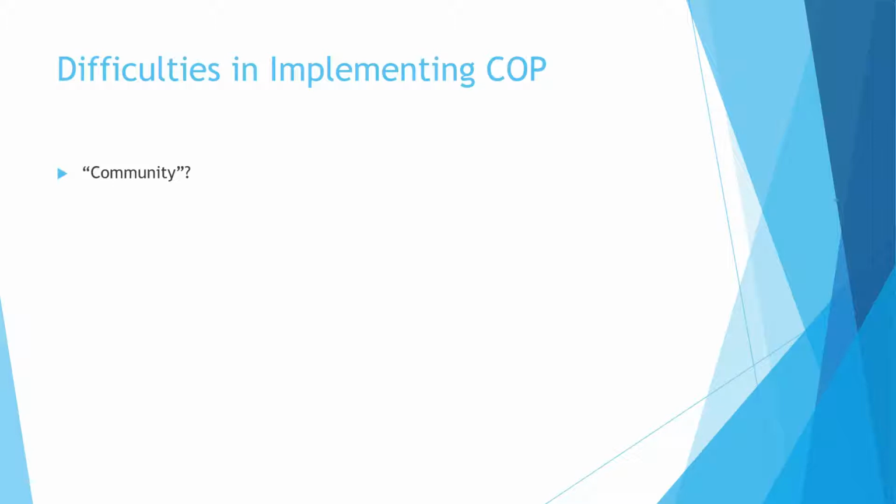Well, why haven't they fully implemented it? One of the problems is just this idea of community. At first blush, it sounds pretty simple. Okay, you're going to form a relationship with the community. Well, what is the community? In any single neighborhood, there are probably several, quote, communities. I mean, there isn't just the community. Think of the Penn State campus.